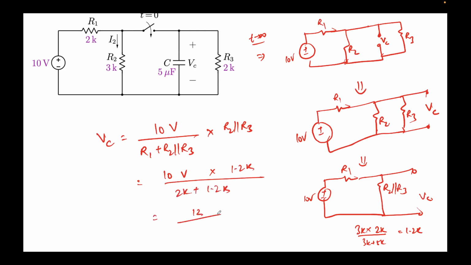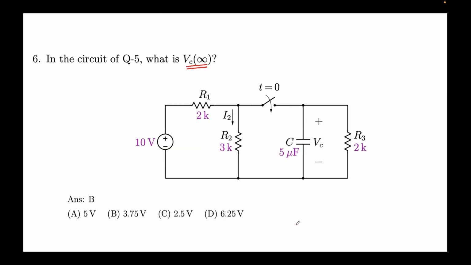So this will be 12 by 3.2, k and k get cancelled. So 12 by 3.2 comes out to be 3.75 volts. Is that an option? Yes, that is an option,